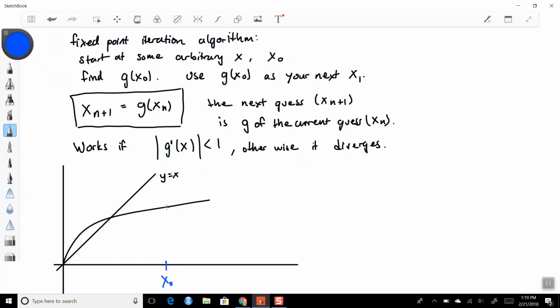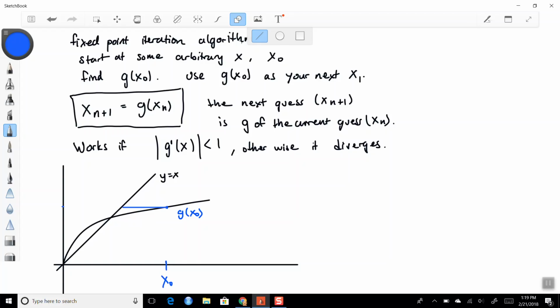And at x sub 0, this is the value of g of x sub 0, okay? What is g of x sub 0? Well, if I look at g of x sub 0, and I just come across horizontally right here,